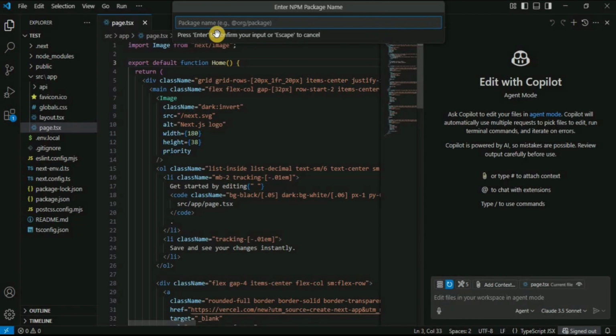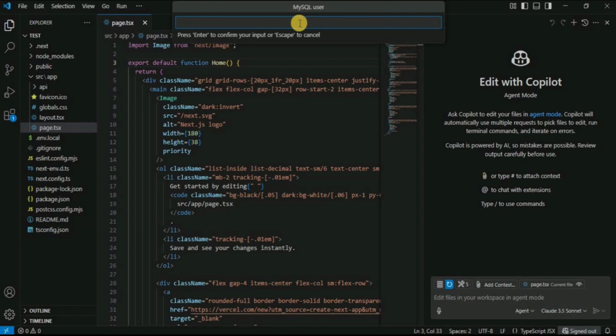Now here you have to enter the npm package name, which I've just copied. So I'm going to paste it right here and hit enter. You can see that it is loading the package details. Now it wants our permission to install it since we want this MCP server to run locally. So I'm going to allow it from here. Then it is asking for a MySQL host. Since the database is running on the localhost, I'm going to provide localhost right here.